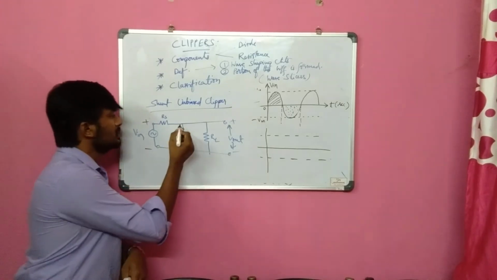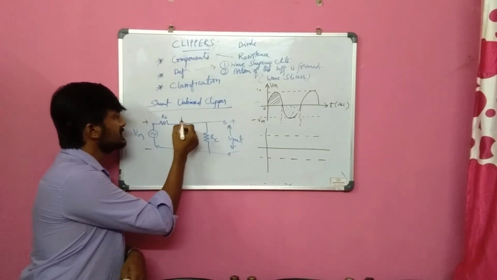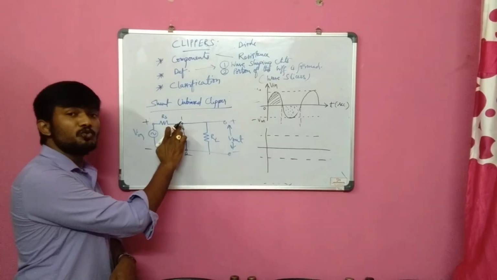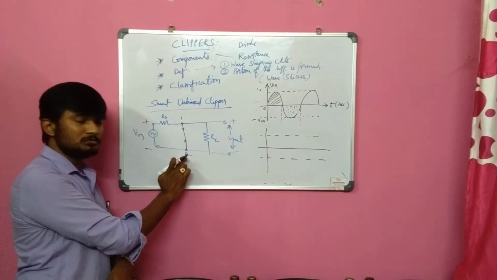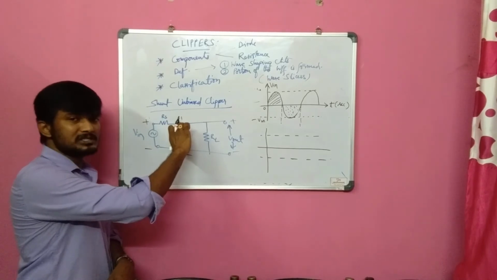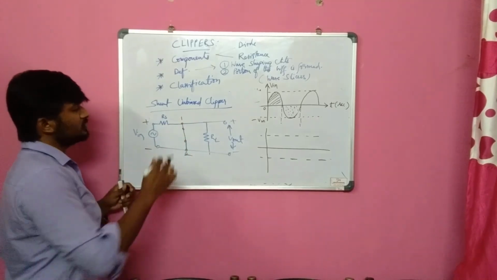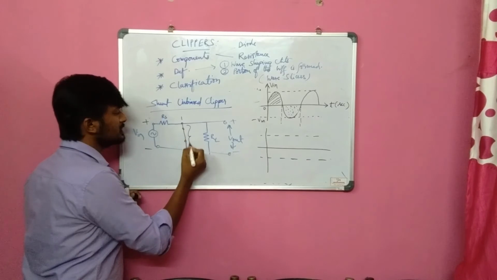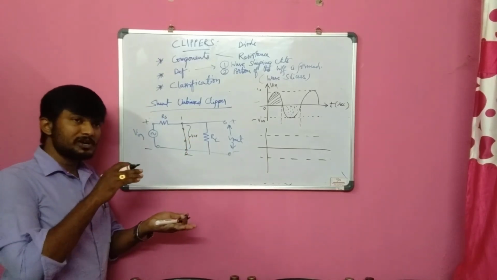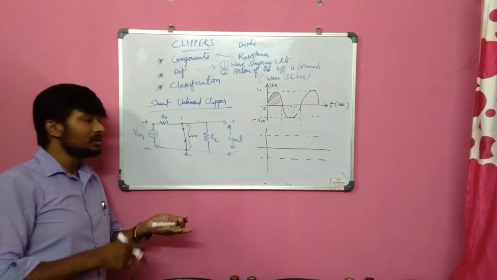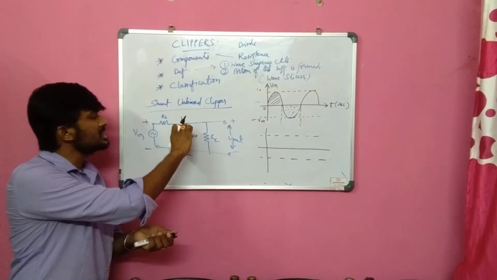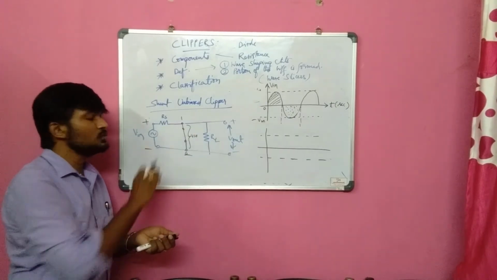Short circuit means if you consider this node, let us say node 1, and this node, node 2, the potential at node 1 is equal to the potential at node 2 because both are in the same line. So there will be no difference. Voltage means potential difference only. So whenever there is a short circuit, the voltage will be equal to 0. Remember this point: when there are two parallel lines and you connect them with another wire, there is no voltage drop across this wire. So voltage equals 0.